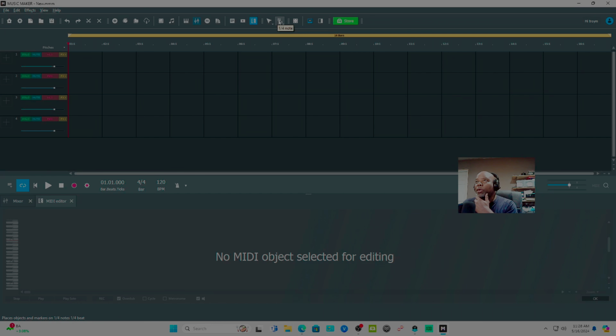Move stuff a fourth of a note with the magnet. That means it's the snap. So everything at a fourth of a note is going to snap and bring it right up there, for one of them perfect